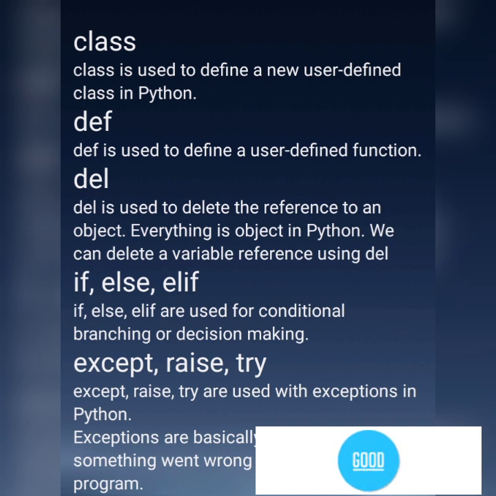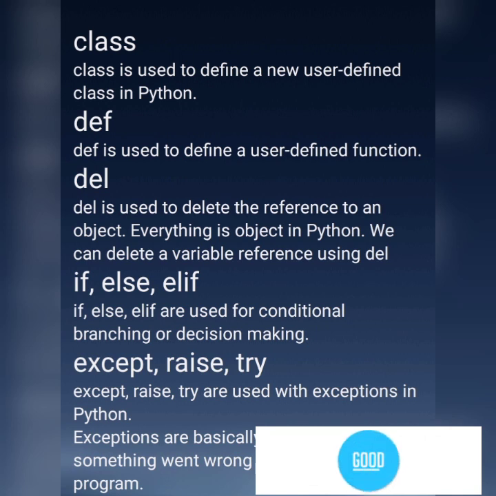And if, else, elif: these keywords are used when the if statement is used when the expression is evaluated. When the expression is true, it executes the task, and if it is false, we use the else keyword. Elif is used when two if statements are checked at a time.